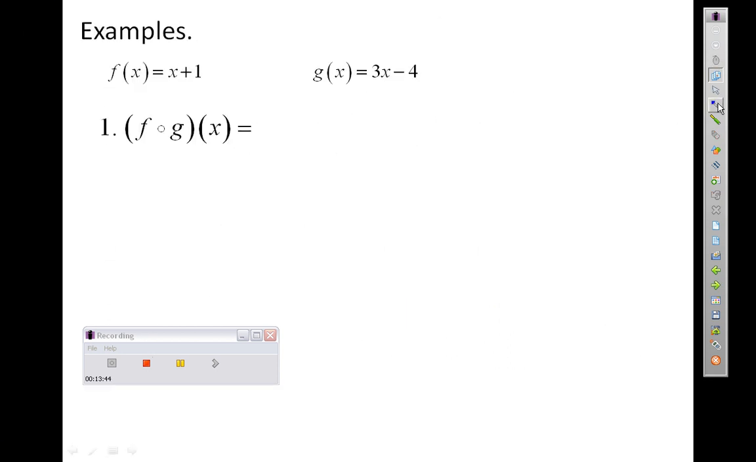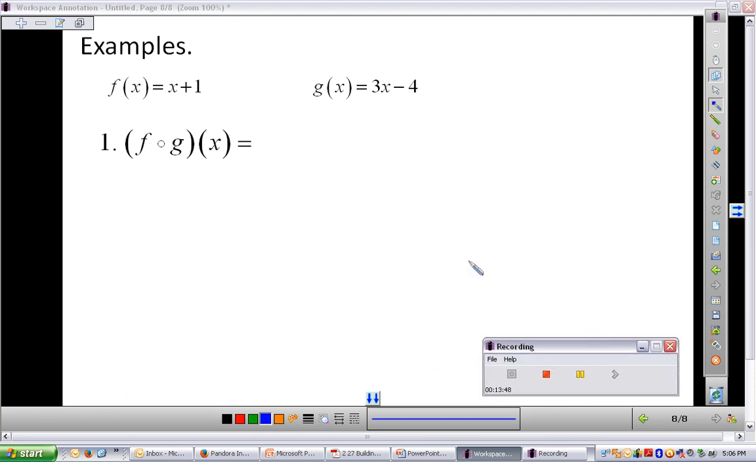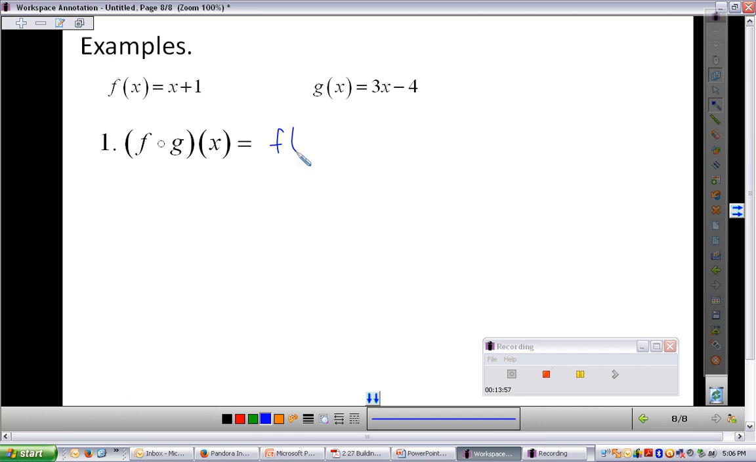So here's 2 functions. I have f of x equals x plus 1, and I have g of x equals 3x minus 4. So if I'm looking at f of g of x, again, another way I just told you could write that is f of g of x in that way. So as I just said, start on the inside. So I'm looking at g of x. G of x is 3x minus 4. So what I want to do, I don't have anything else to plug in, so I'm just going to take f of g of x. G of x